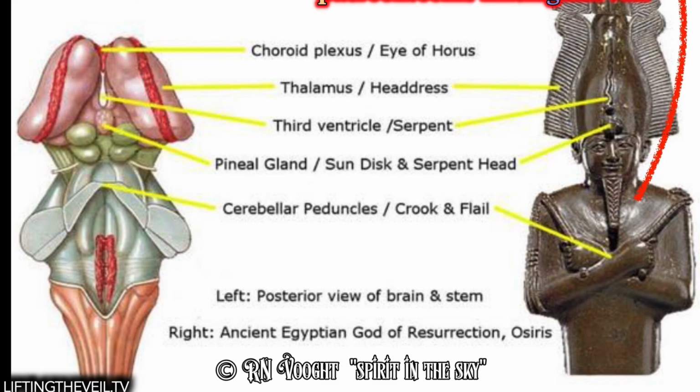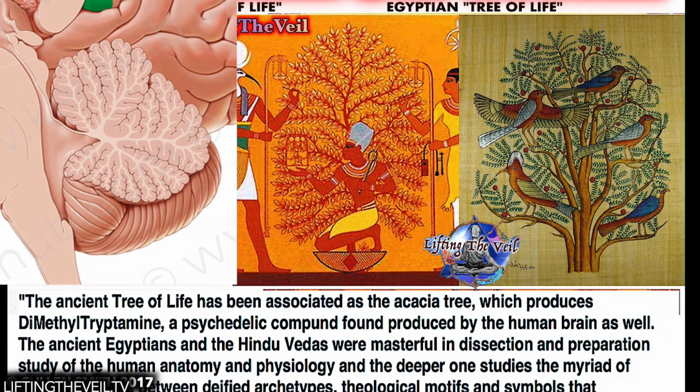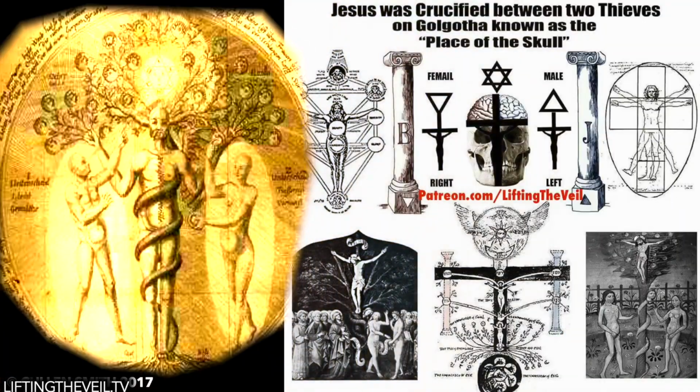But again, Osiris depicted as being crucified upon the tree of life, the tamarisk tree, is actually the arbor vitae. This is a profound discovery that I've made: the tree of life, Osiris or the slain harvest god being sacrificed on the tree of life, on the arbor vitae, as depicted here of Thoth describing the name of Seti the First upon the tree of life, is literally depicting the arbor vitae inside the cerebellum of the brain, which is literally where Jesus and Osiris, or the slain sacrificed god, were